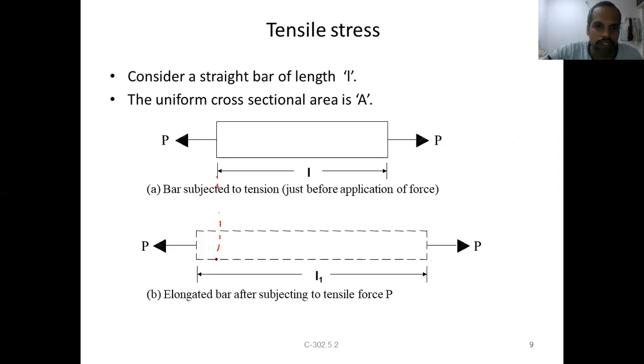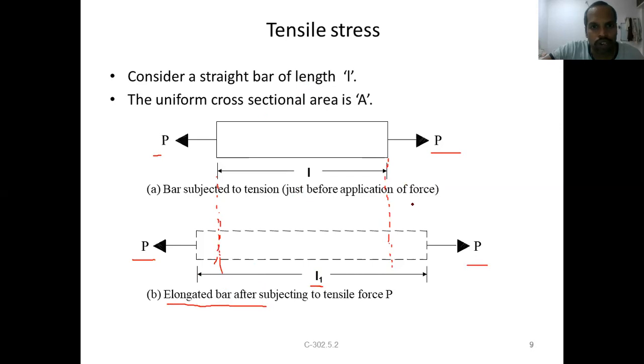Previously, let's say this was the length. Now it is increased this much on this side. Of course, both sides shall be the same because P is the same, but this diagram is not symmetrically adjusted. Don't think that one side is less and one side is more. Both sides will be subjected to the same amount of elongation because the load is the same. So the bar is elongated. Elongated means extended, deformed along its length, increased. The length is increased from L to L1.